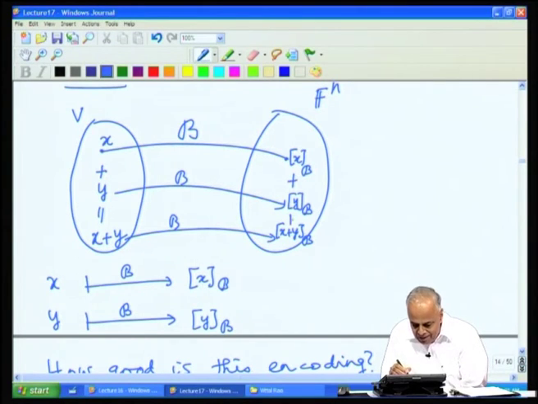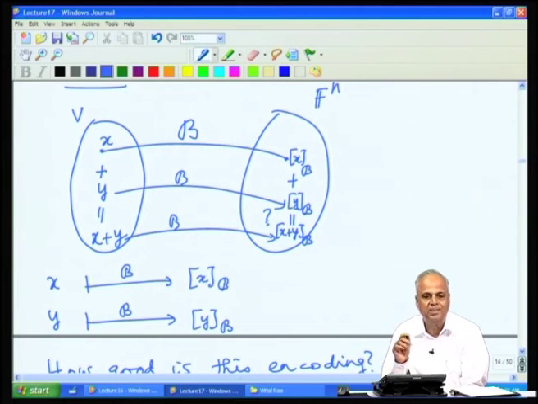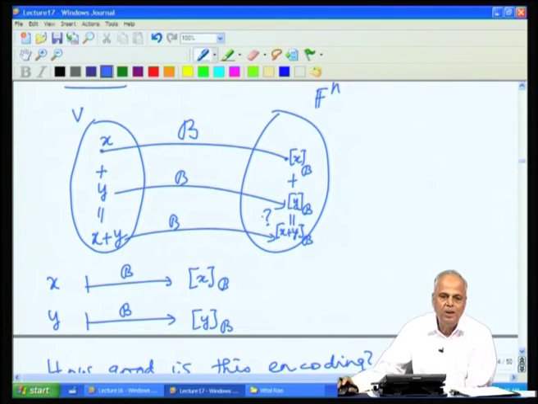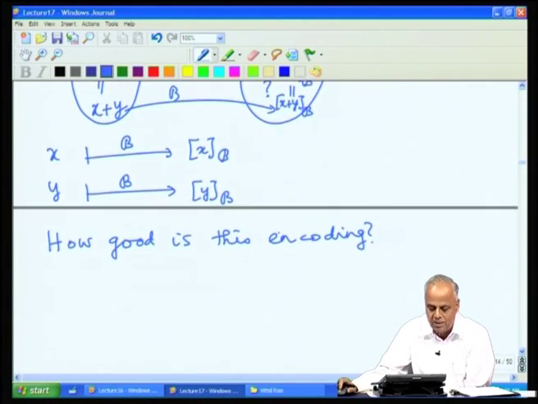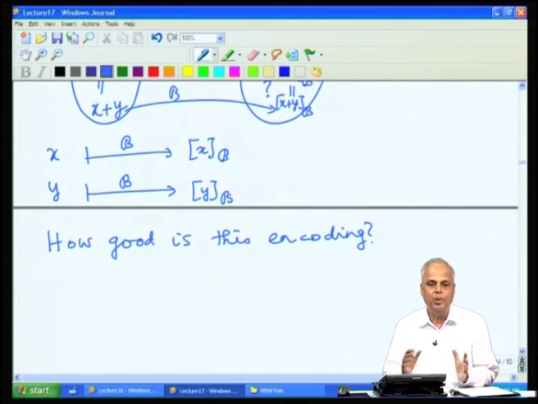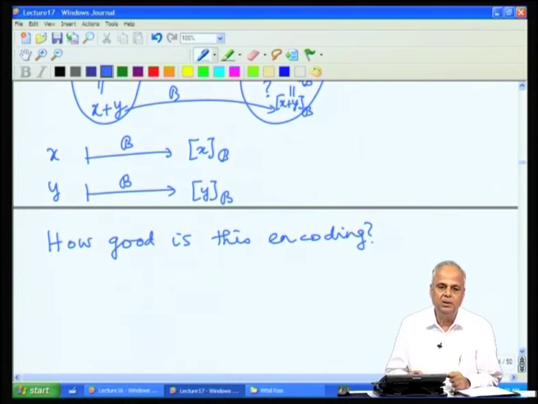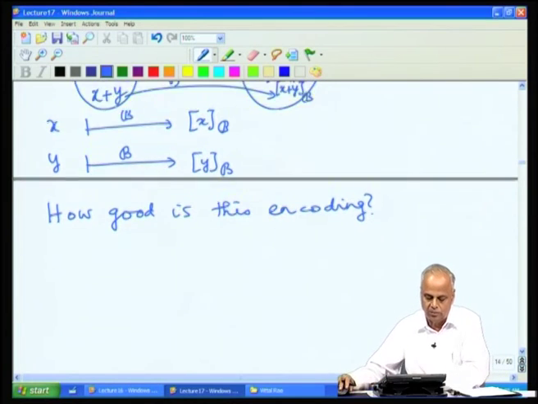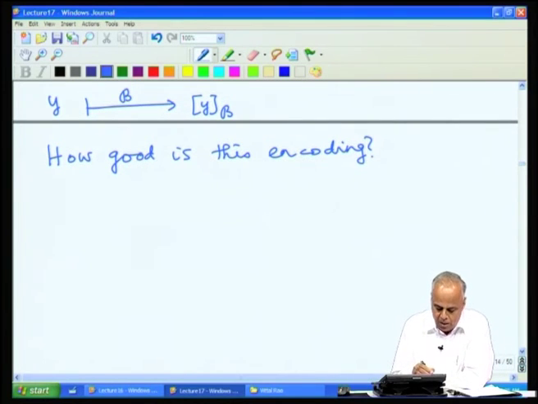Will I get the same? That is the question. So, in other words, if we add and encode or encode and add, do we get the same answer? If so, it is good, because then we know that the digitized version preserves additions. If you can add this side, you can add the digitized versions also. Let us look at this.